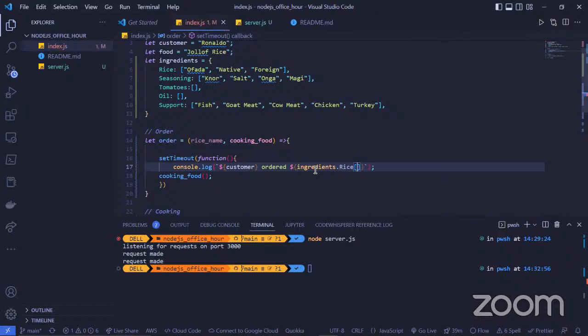Then we will put the rice name here, so that it can be ordered native rice or ordered foreign rice. Okay, that's how it would go.